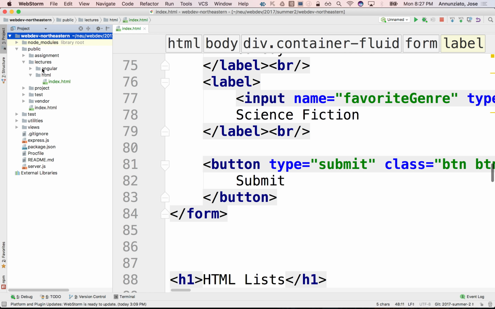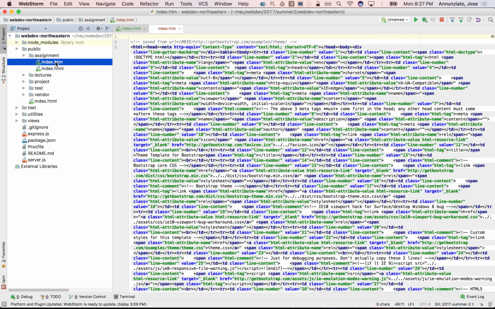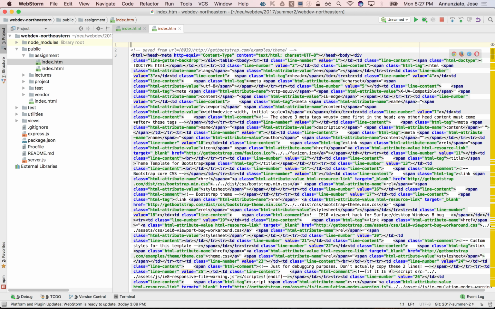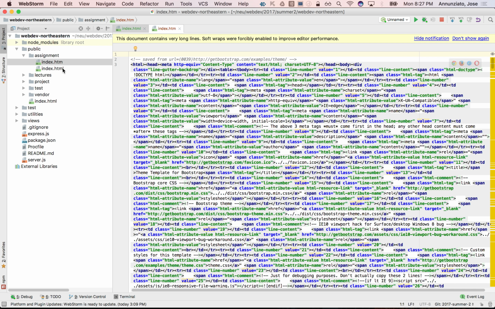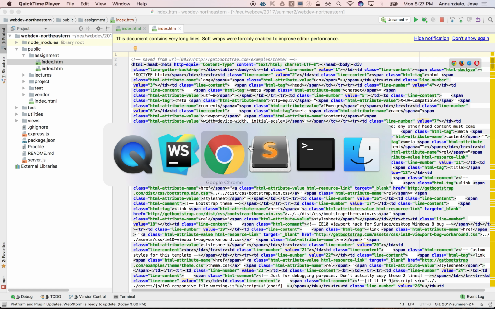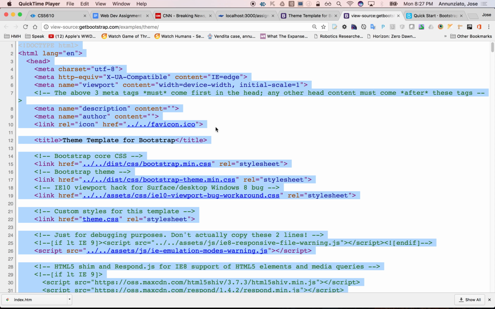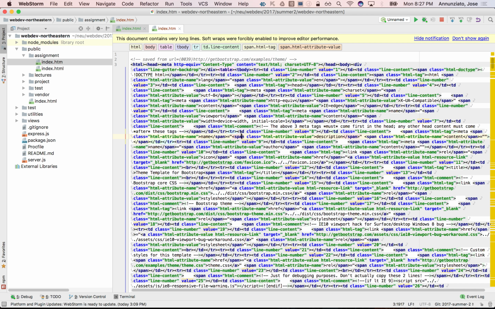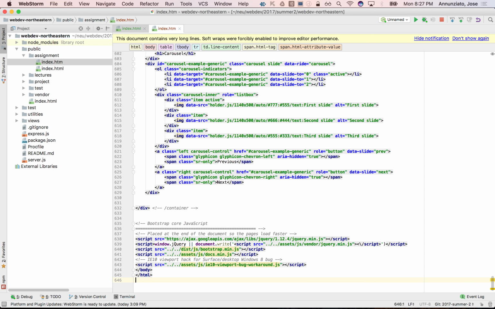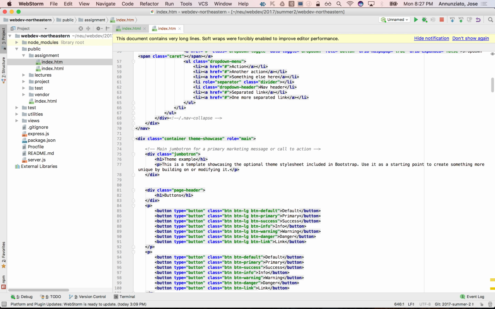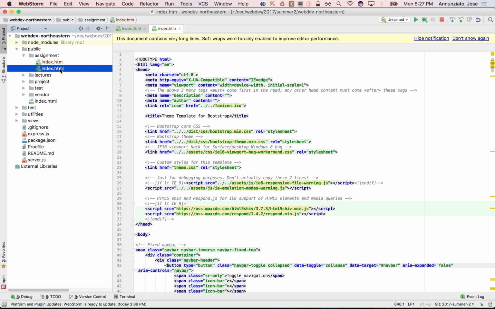So it downloaded as HTML, I'm guessing. Let's see. Yeah, there it is. Ooh, that looks ugly. Actually, what I'm going to do is I'm going to copy, and I'm just going to paste it in there. There it is. That's more readable. Much more readable. I'm going to throw away my version,